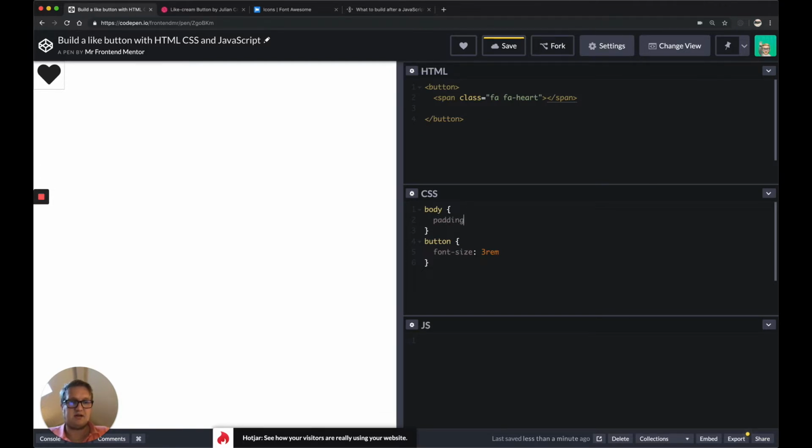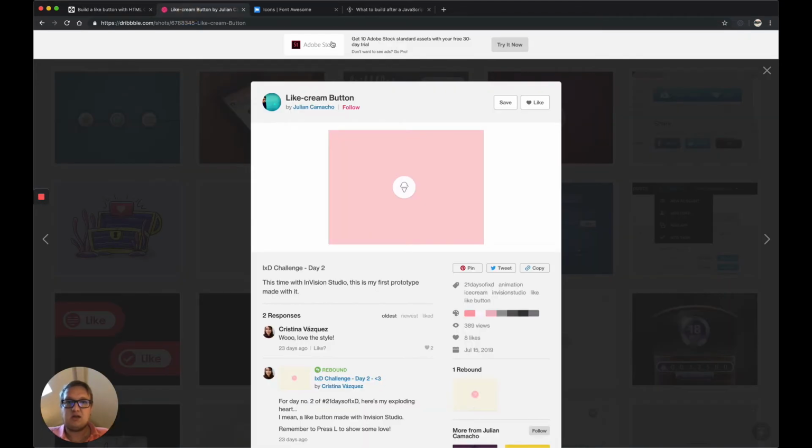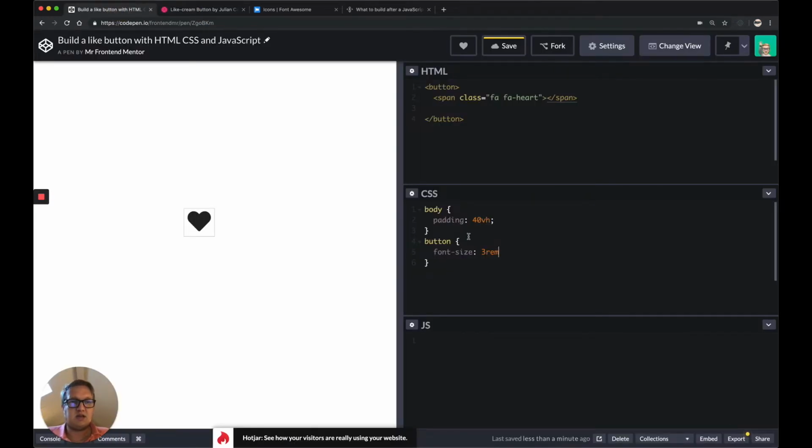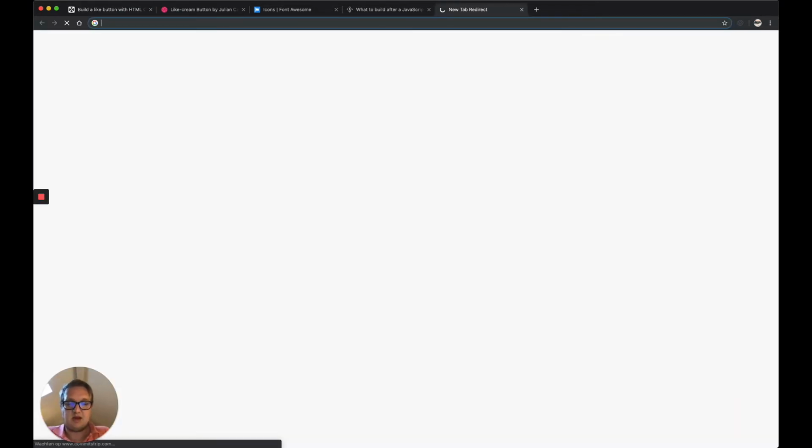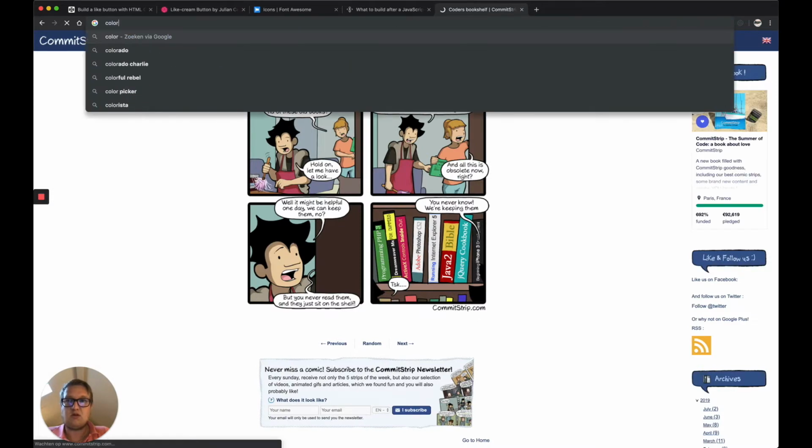So, in the body, I want to make a padding and it's not completely in the middle, but hey, this is in the middle enough. So we have a button with a border, and if we check this, it's got a pink background. So let's pick a color,